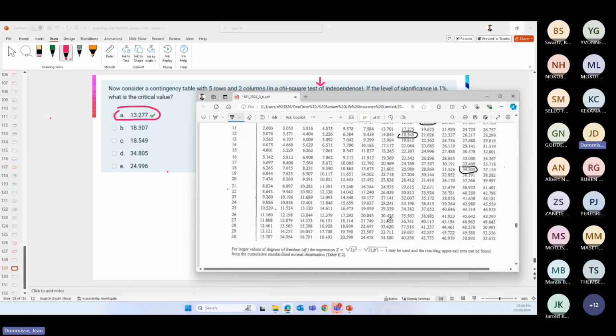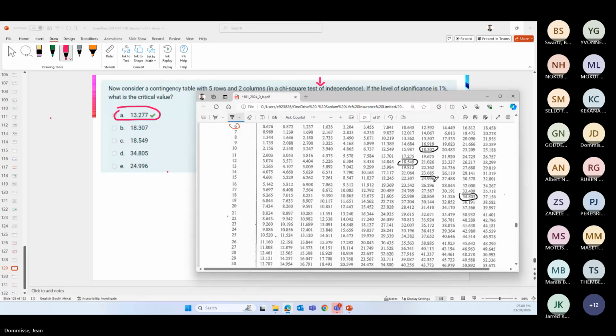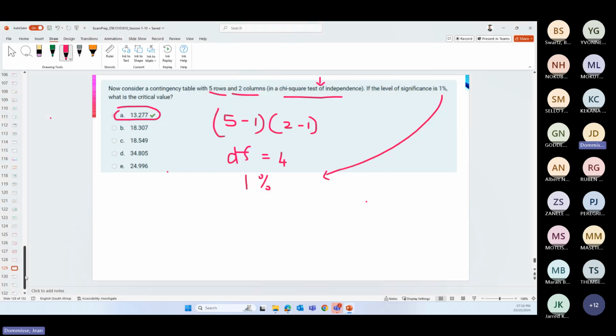Okay, no, there's not a 24 comma. There. So if you set 5 times 3 or somehow to get to the 15. Okay, so there are random numbers out of the table, but basically degrees of freedom are 4, level of significance is 1%. So we get to the 13.277. Okay, so